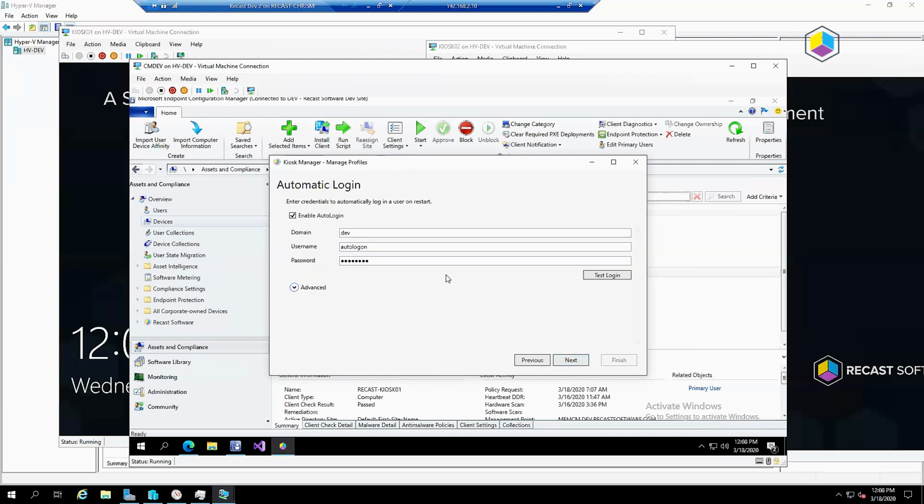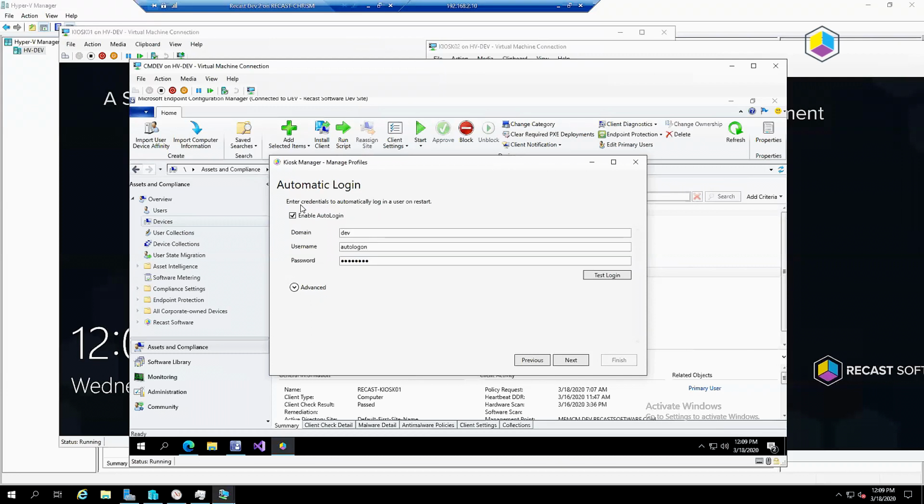So the first setting in a profile is the automatic login setting. This is a way for you to configure a device on reboot to log into Windows with a specific user account. And typically you would specify a user account that has pretty low privileges in the environment, right? Since this is automatically logging in, you wouldn't want this account to have admin access. You probably don't want it accessing any network shares in your environment. So, typically you would use a special purpose user account for this that you haven't given any extra privileges to